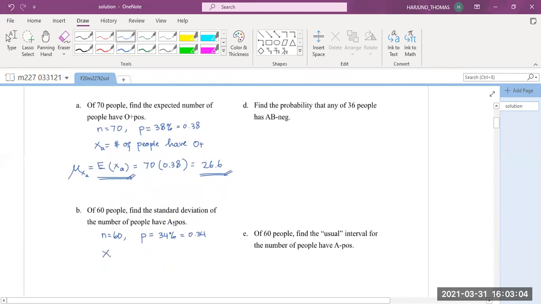So if X subscript B is the number of people with A positive,